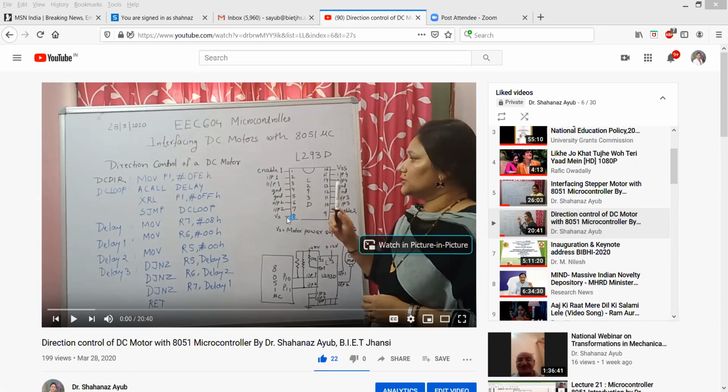So it has 4 channels, with one enable for two channels and another enable for the other two. Unless the enable is active, you cannot use these channels of the L293D. Why do we use this IC?